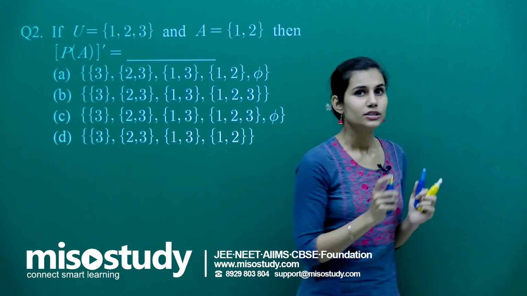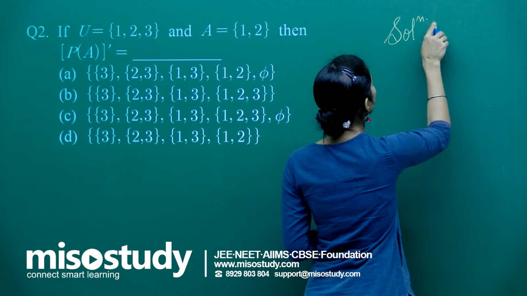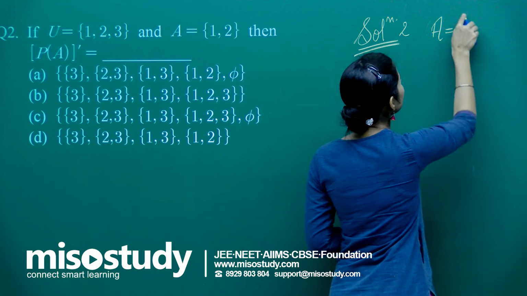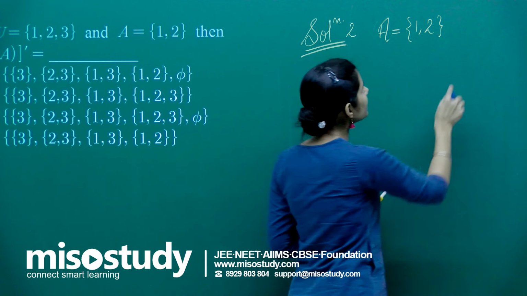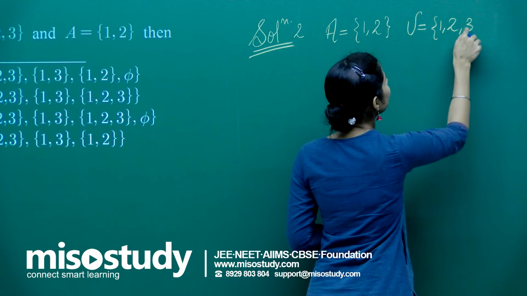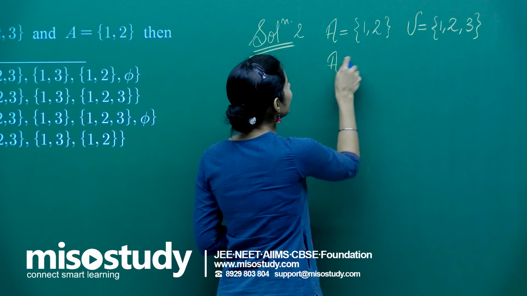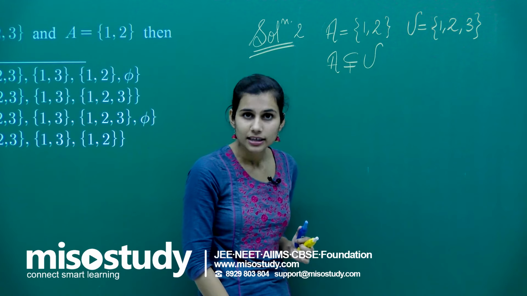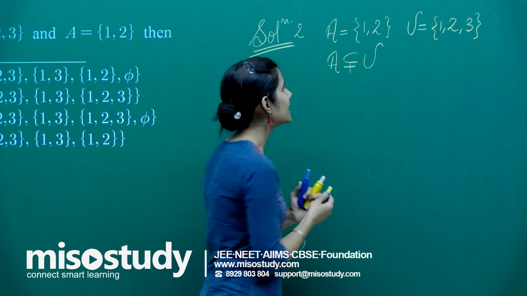Now just understand this, I am starting with solution number 2. My A is given to be 1, 2 and my universal set U is given to be 1, 2 and 3. We all know that set A is a proper subset of the universal set, correct? What do you think will be the case between